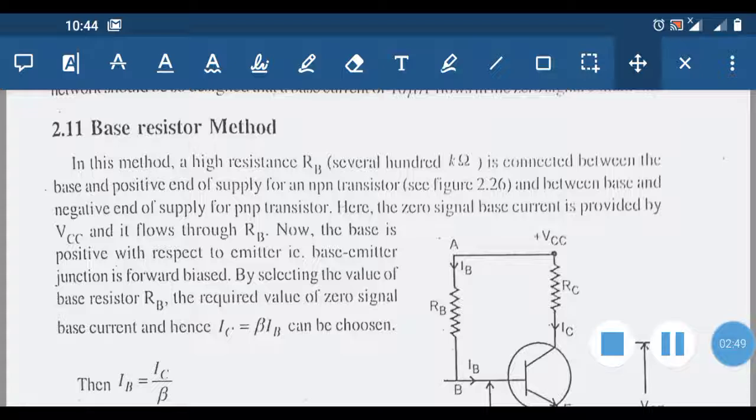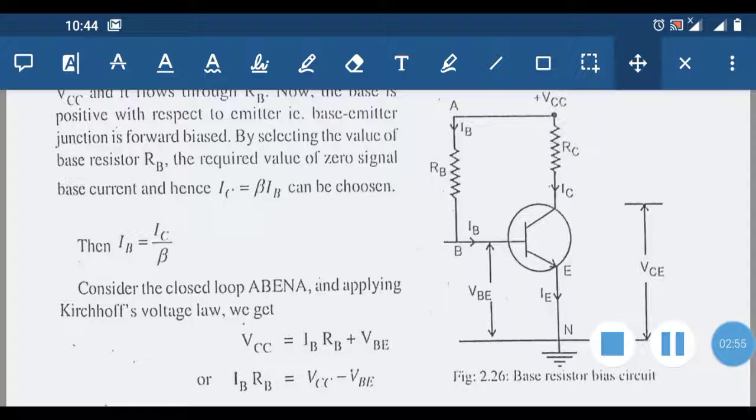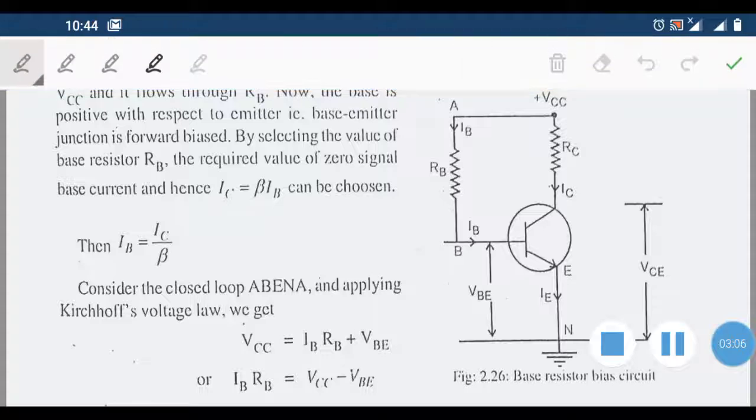So first of all, you draw the circuit. Then here you can see the circuit. That is, we have a transistor here, then one source here, VCC, and the negative of the source is connected to this point. This is the plus terminal of the battery, and this is the minus terminal of the battery, that we usually indicate as the ground terminal. And as a practical circuit, we are using only a single power supply here.